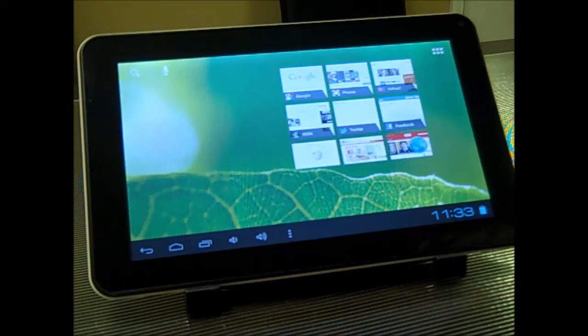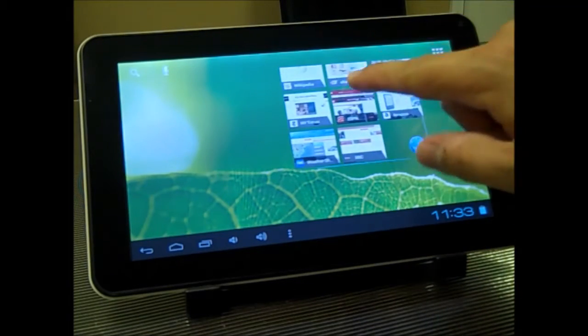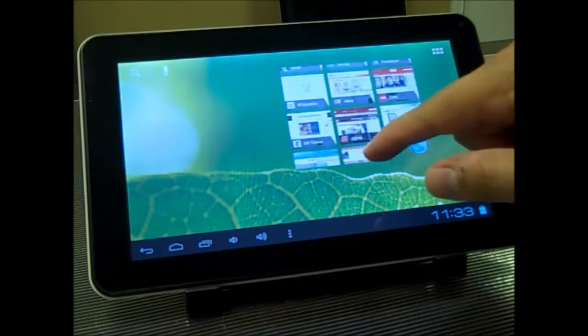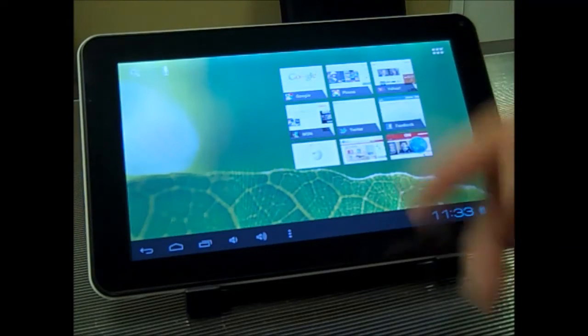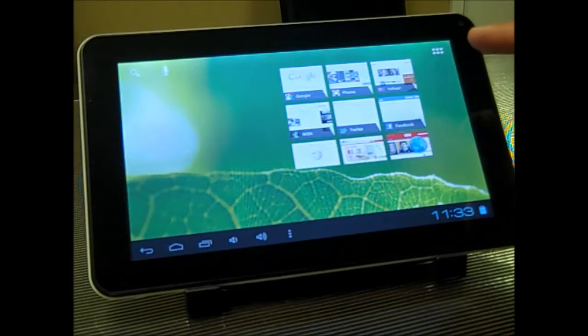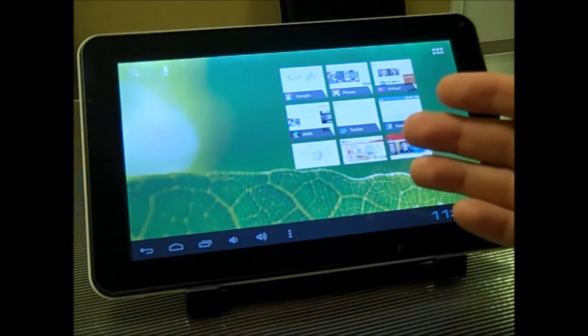So as an internet device, the HTab is actually pretty awesome. It's got these shortcuts right here on the home screen where you can click directly. Obviously, you can change those from the browser, take away from them, or add to them as you wish. But the first thing you've got to do before you can actually get online is